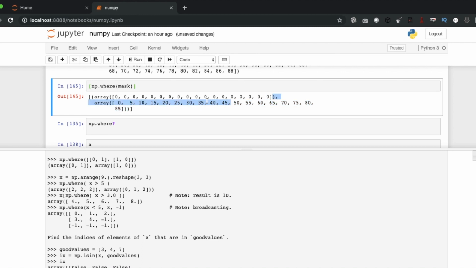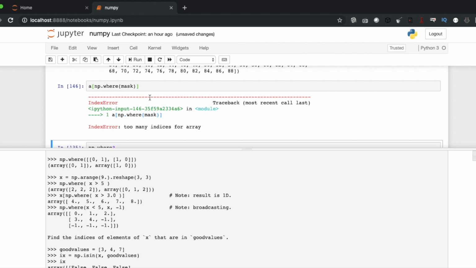I'm not sure why this is printing this thing. No, too many indices.